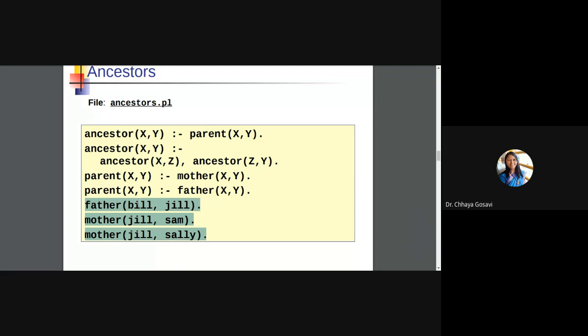We know that Bill is father of Jill, Jill is mother of Sam, and Jill is mother of Sally. And we are defining the rules like parent(X, Y) can be a father or mother. And ancestor(X, Y) should be parent(X, Y), or it can be, we are calling it with recursion, ancestor(X, Z) and ancestor(Z, Y). X should be ancestor of Z and Z should be ancestor of Y.